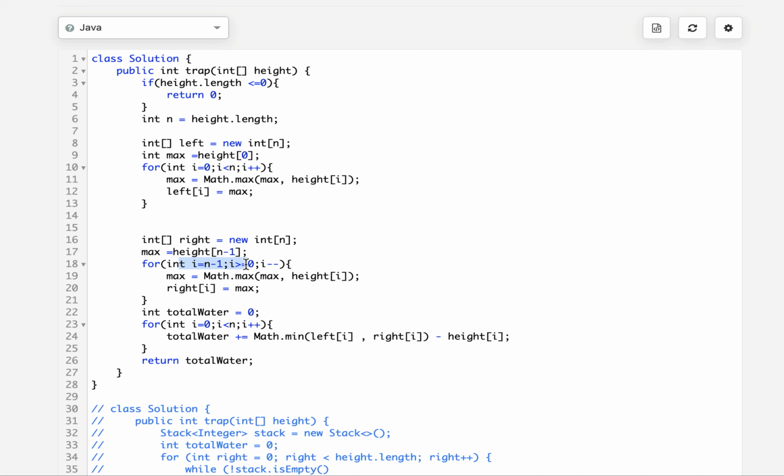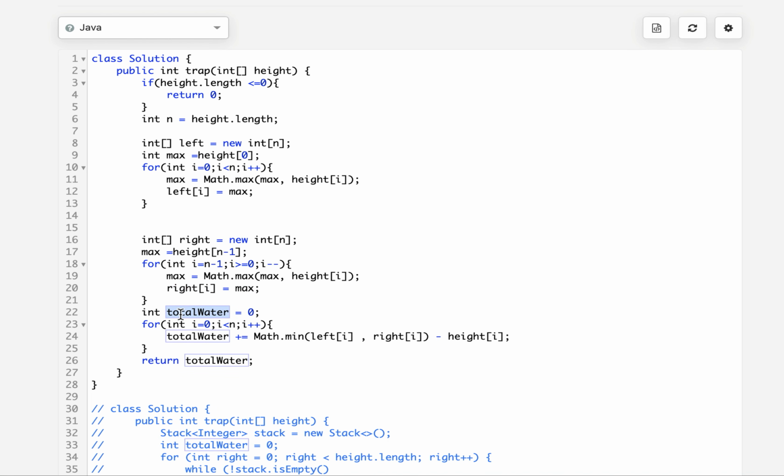I start the iteration from i equals n minus 1 up till i equals 0, and with each iteration I decrement the value of i. I calculate the maximum value from right to left, and I assign it to the rightmost array at the ith place.